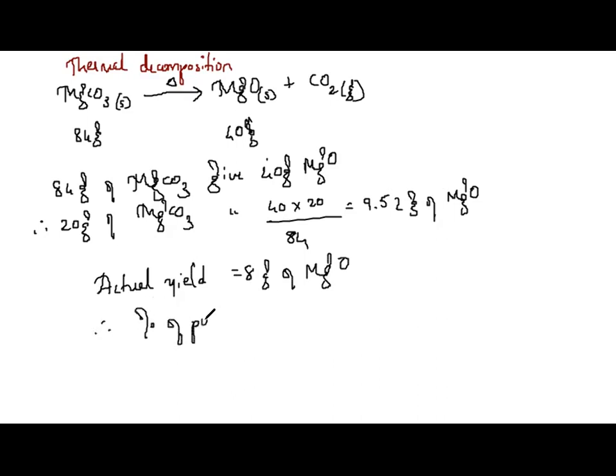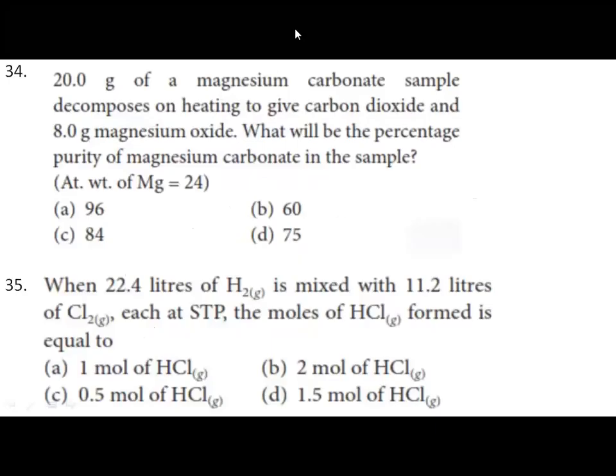Percentage of purity is actual, 8, divided by what we have got, 9.52, into 100. What you get is 84%. So percentage of purity is 84%. Let us see, we have it in the options. The correct option is option C,